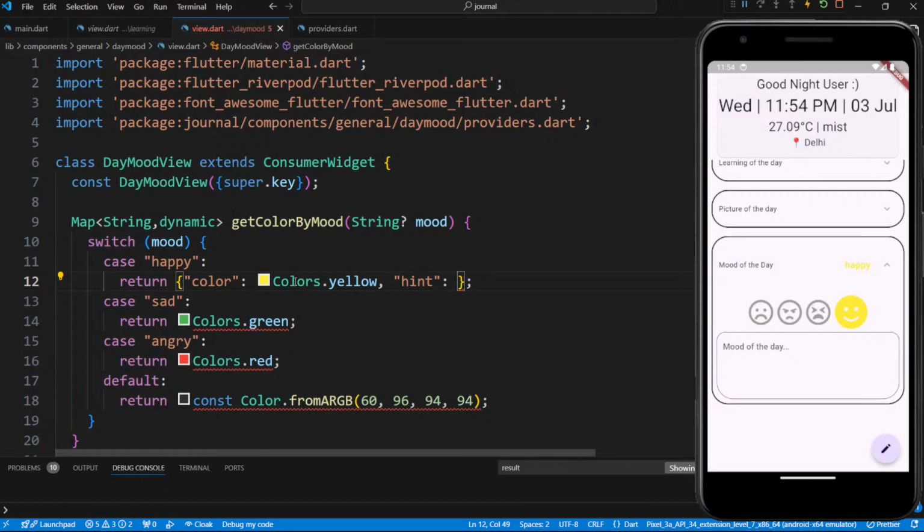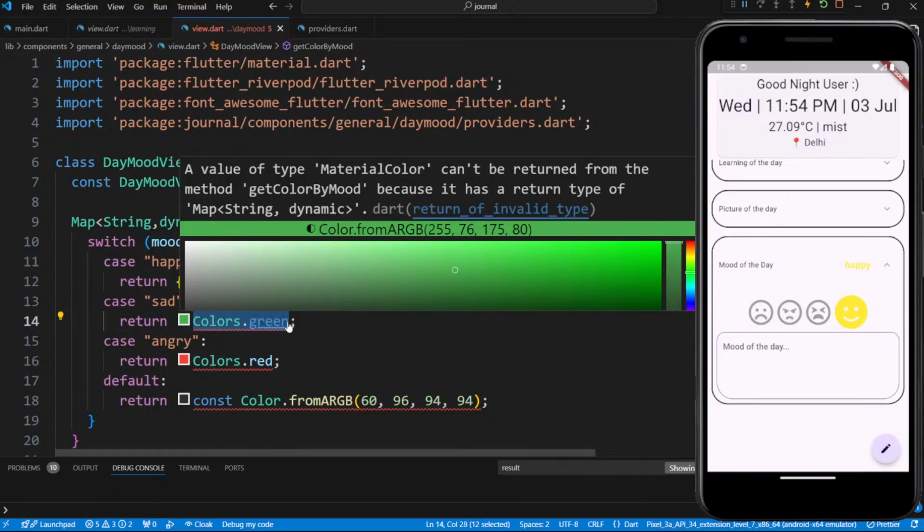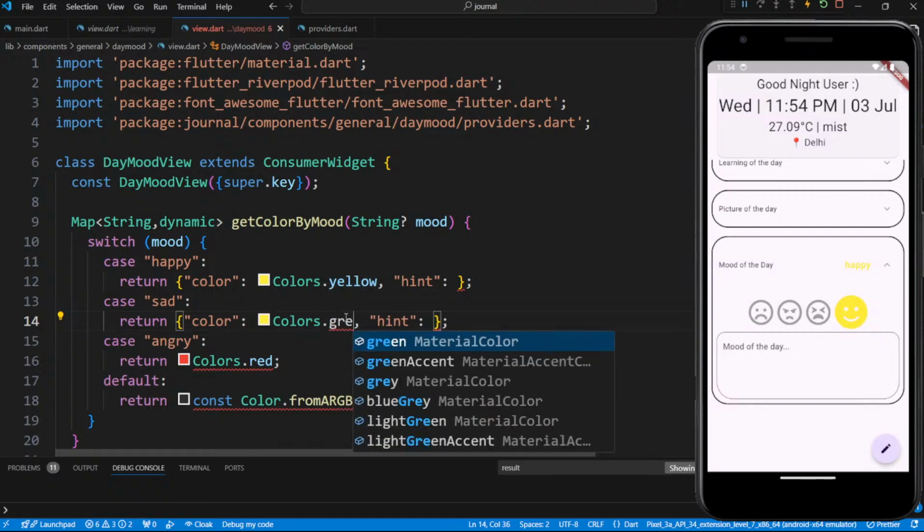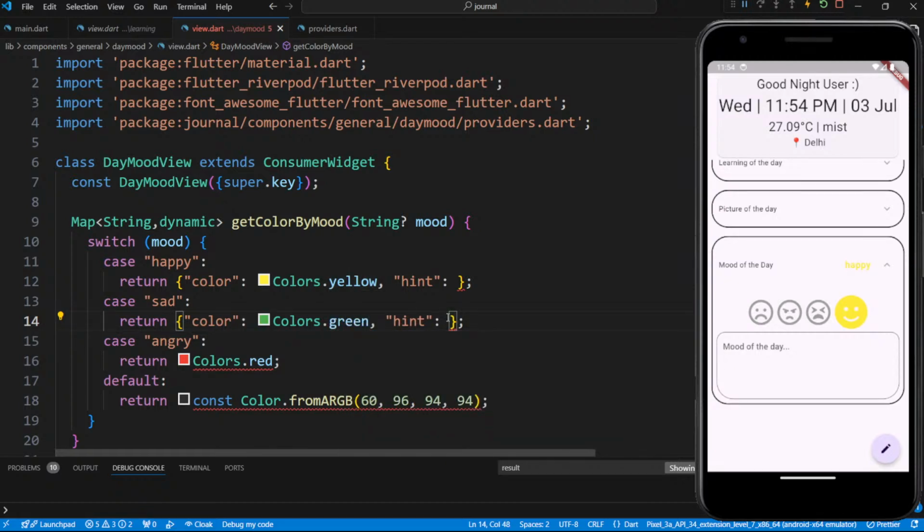So the hint can be something like for the sad we can just put, if you remove this and let's put colors dot green for hint again. How could this be avoided? So when you are sad, right, you wanted to know how this can be avoided, right? So you don't continue. And if you are angry,